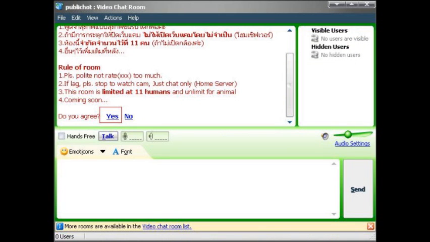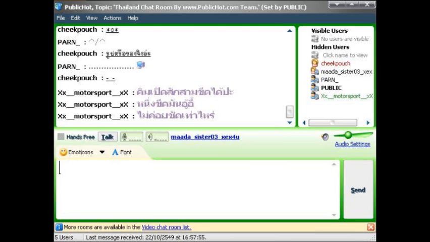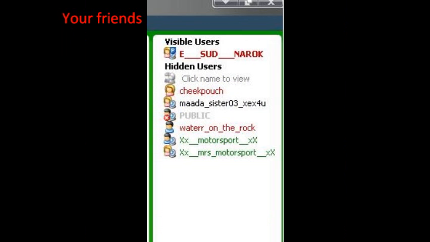You click yes button is you can see main bot chat, and the right hand side you can see the many user, and the left hand side you can see the many words when user join chat. And then the right hand side you can see many users.